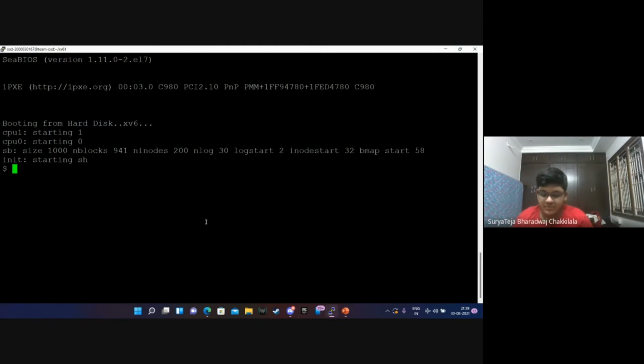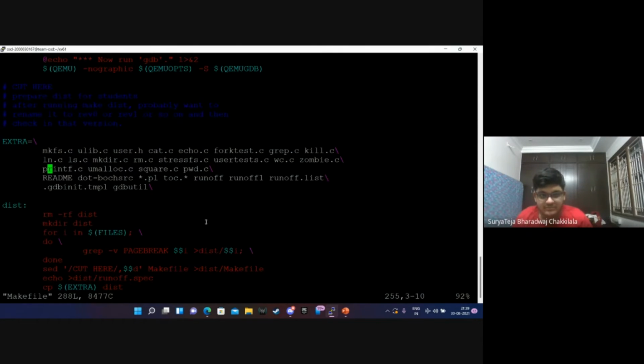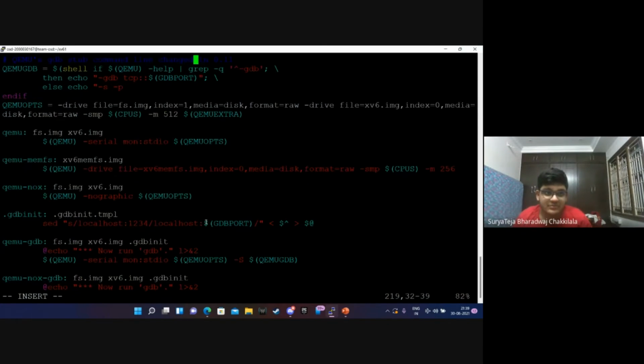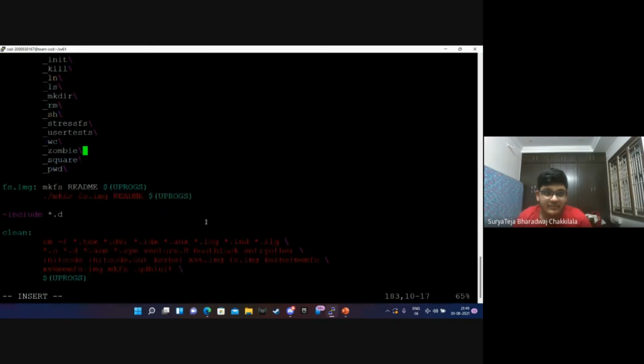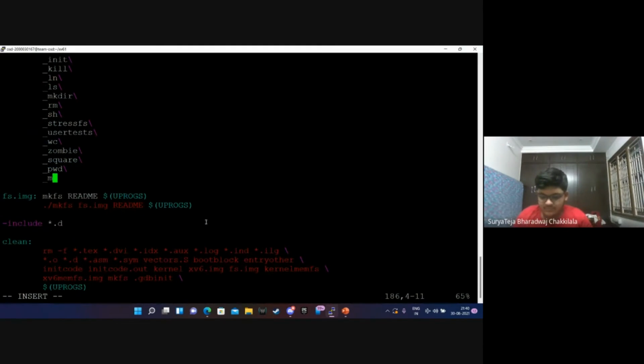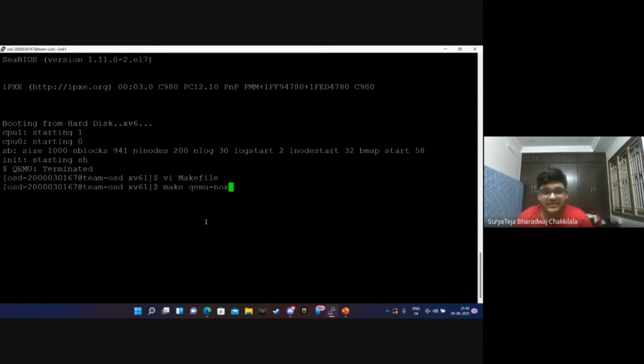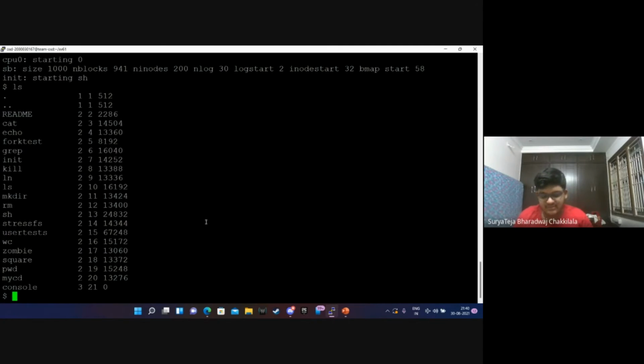So sorry guys, but we have to add it to the makefile. vi makefile, mycd.c, mycd. This is a pretty easy section, I think. So ls will show my cd.